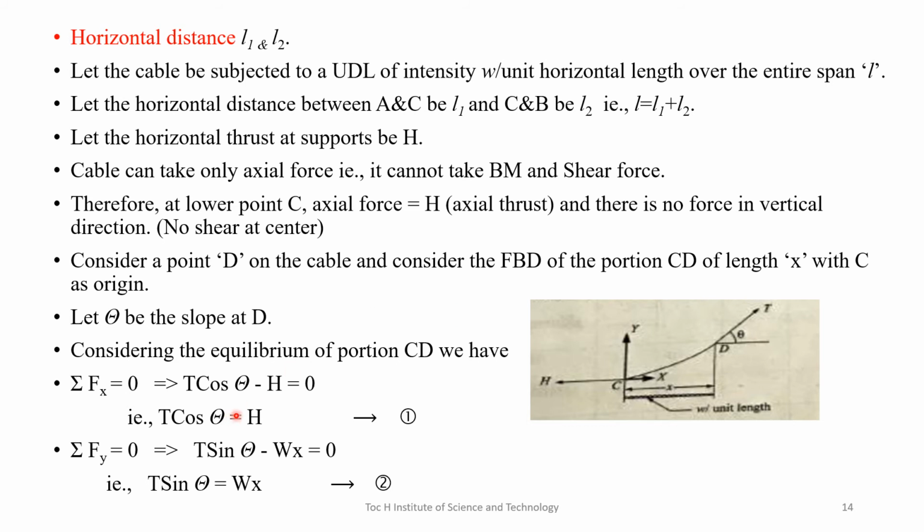So T cos theta minus H is equal to 0, and that implies T cos theta is equal to H, and put it as equation number 1. Now sigma Fy equal to 0, and that implies T sin theta minus Wx, where W is the intensity of UDL, and that into X, is equal to 0, which implies T sin theta equal to Wx,